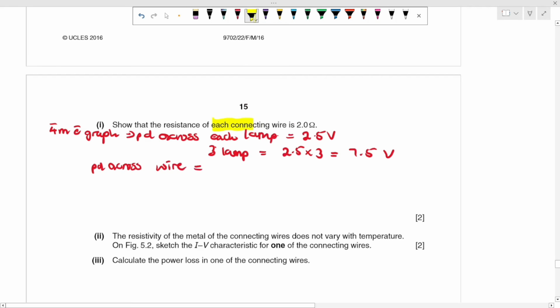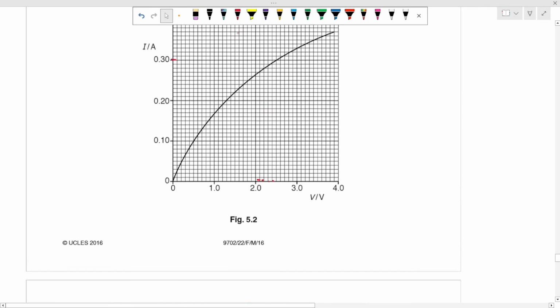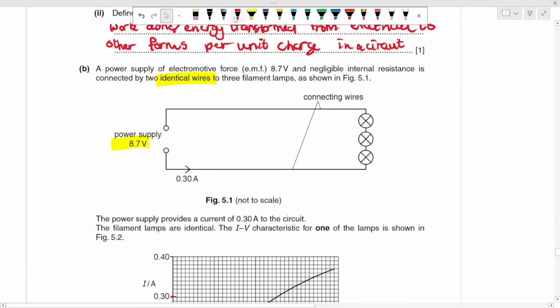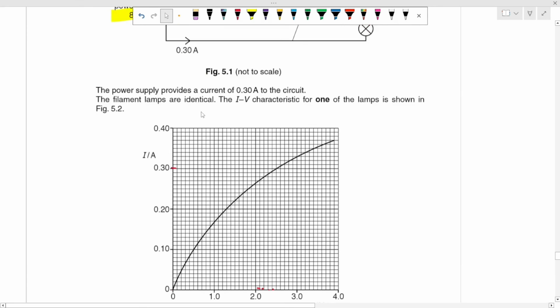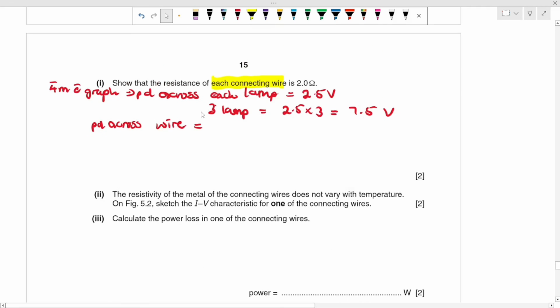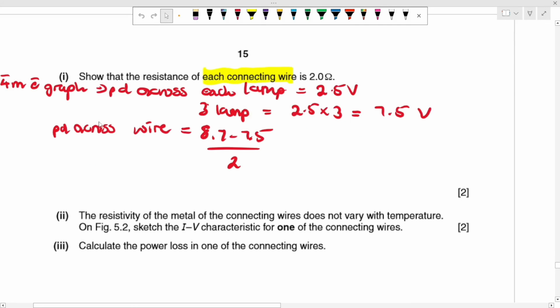We've been told that each connecting wire, we have 2 wires, so whatever we do, we divide by 2, right? So we started off with a power of 8.7, so we're just going to say 8.7 minus 7.5 divided by 2. So this is going to give me